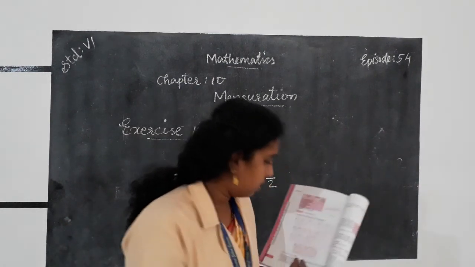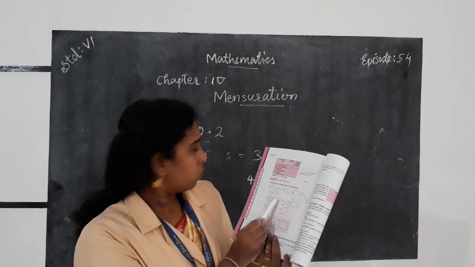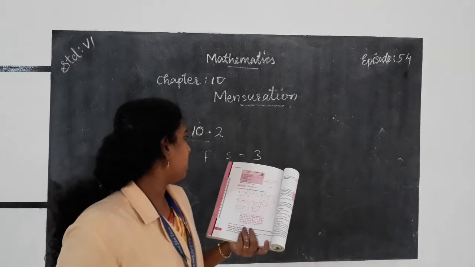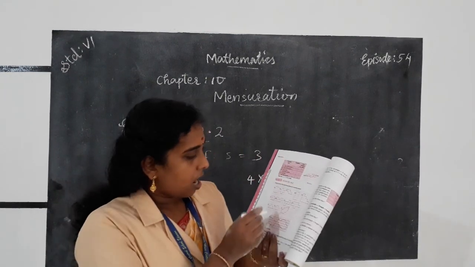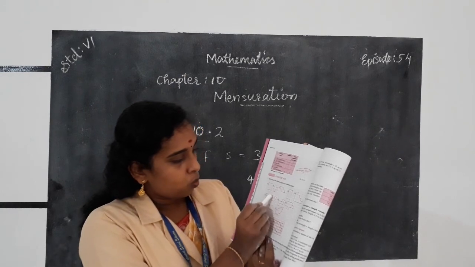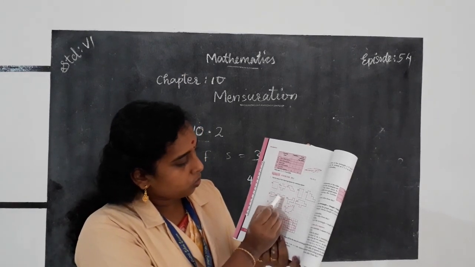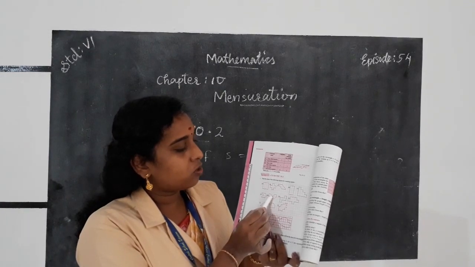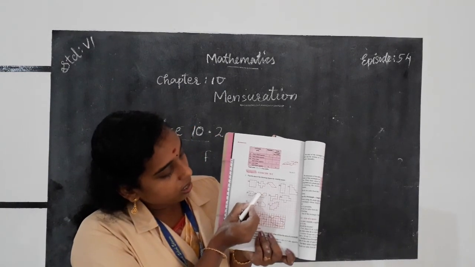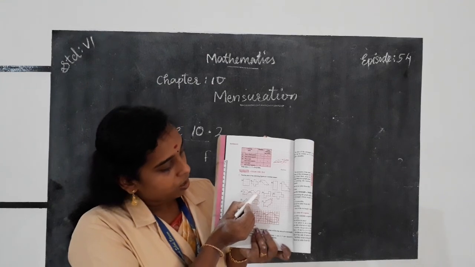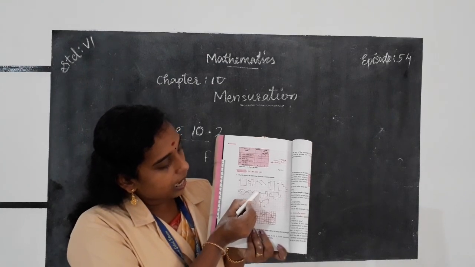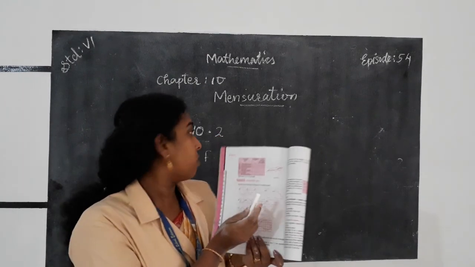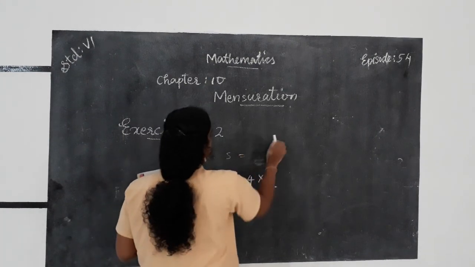half filled figures. So here, 1, 2, 3, 3 fully filled figures, and how many half filled figures? Sorry. Let me count again. 1, 2, 3, 4. 1, this one is fully filled. 2, 3, and this one is also fully filled. So 4 fully filled squares are given here.